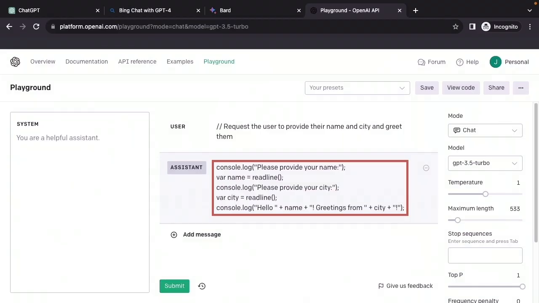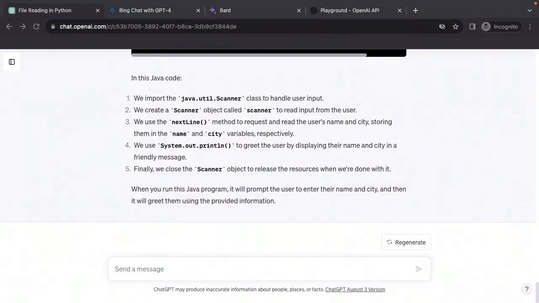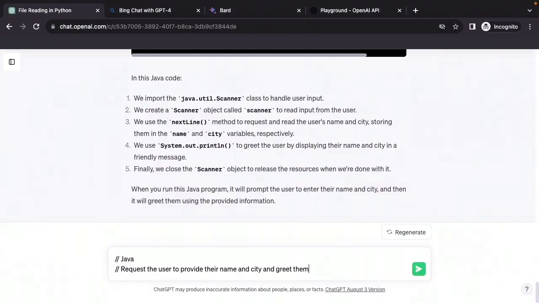JavaScript also uses the double forward slash for comments, and this particular model at this point in time interpreted this comment to be a JavaScript comment and not a Java comment. So, really, this won't work perfectly. A reliable way to generate code in the right programming language is to use the commenting technique, but use the